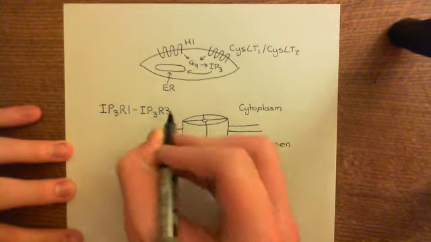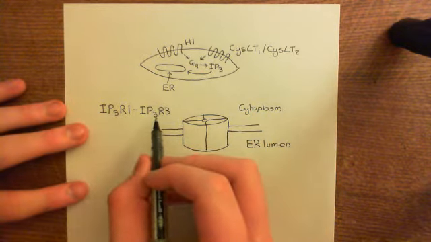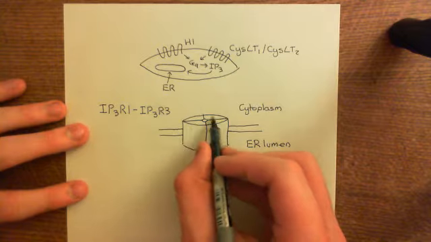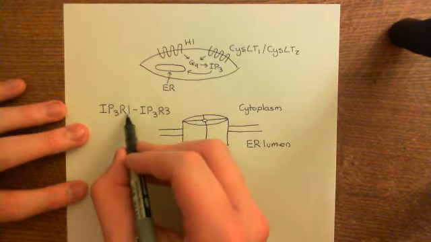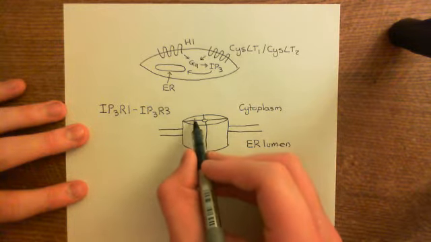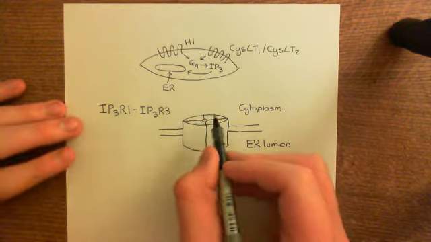And you can either make homotetramers or heterotetramers. So you can either make an IP3 receptor where you stick 4 IP3 receptor 1 proteins together to make an IP3 receptor 1 homotetramer, or you can make heterotetramers where you